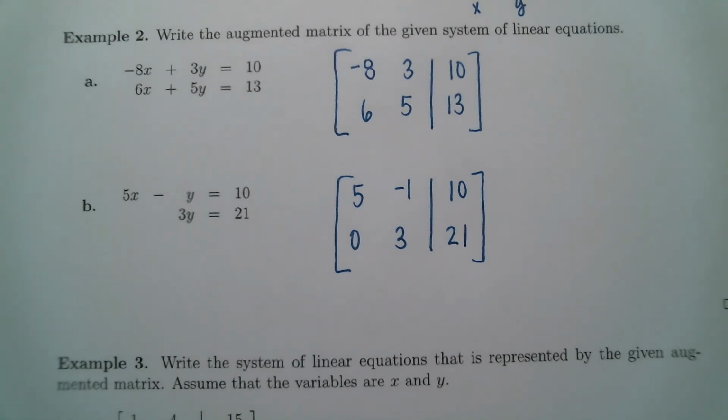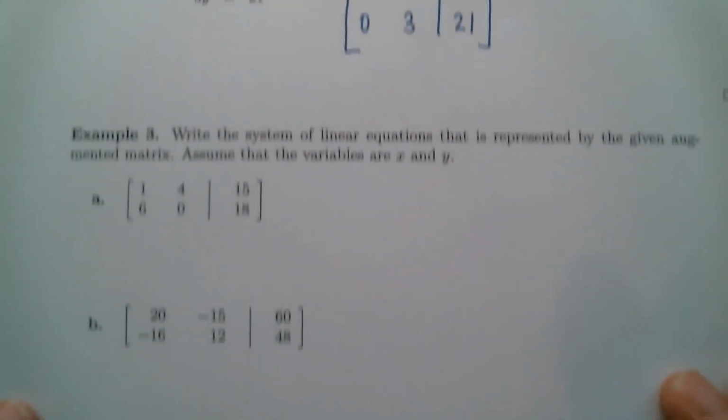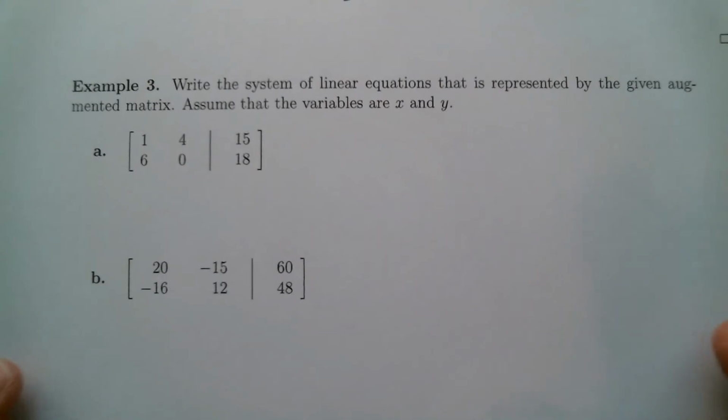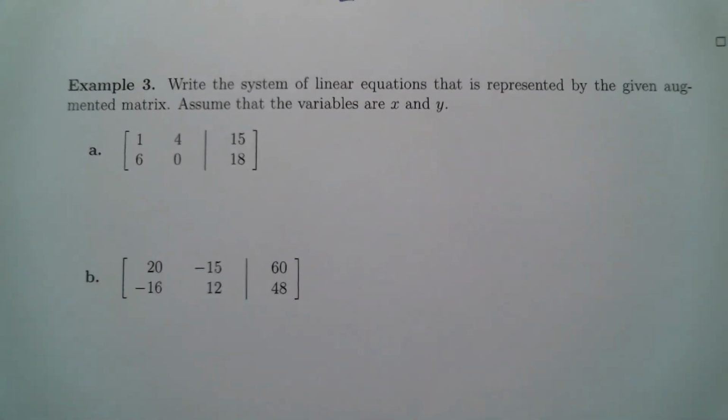So it's almost like you do the reverse. You take the final matrix and you turn it back into a system of equations to interpret the answer, okay? So in example 3, we are going to do the reverse. You are given an augmented matrix and you want to turn it back into a system of equations, okay? Because like I said, this would be a handy thing to do once you've operated on your augmented matrix and you get to the final one, and now you want to turn it back into the solution for the system